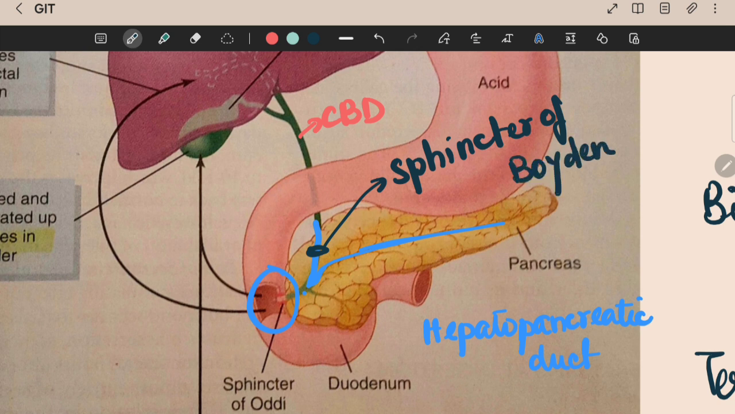Last time, when we were discussing pancreatic secretion, we talked about the ampulla of Vater in this region, which is surrounded by the sphincter of Oddi. But here we have the sphincter of Boyden present, such that the bile that is coming down via this route